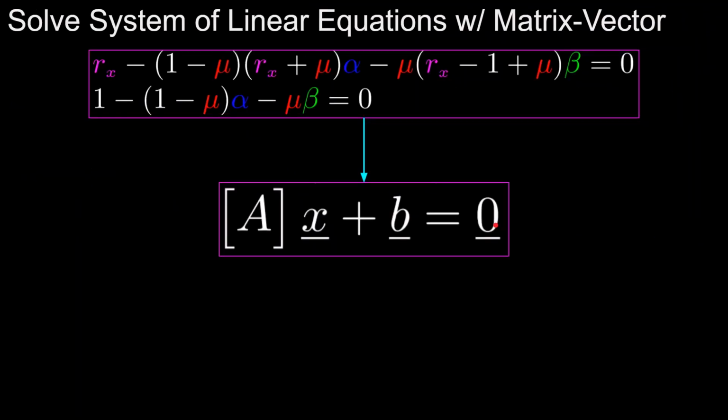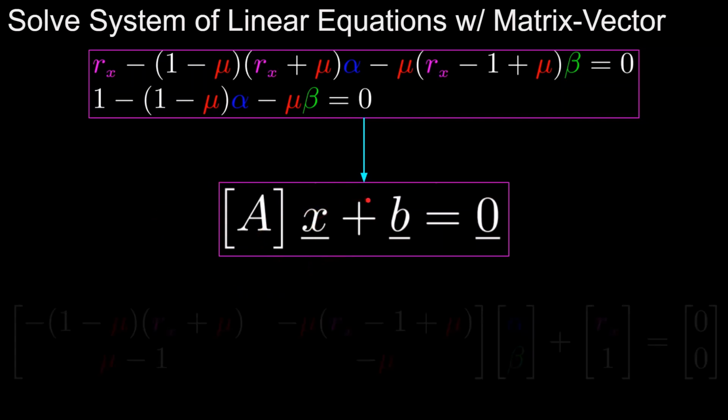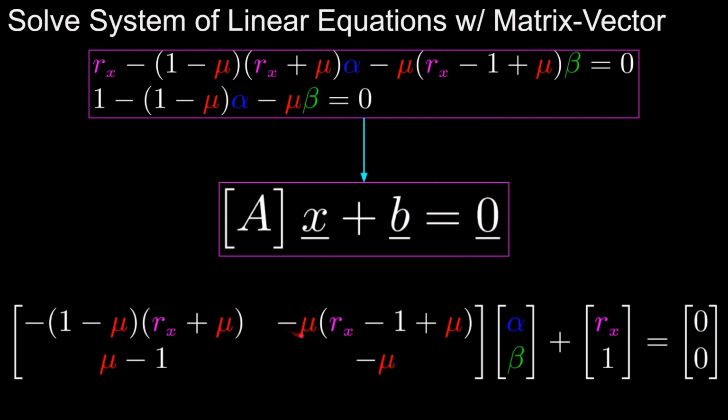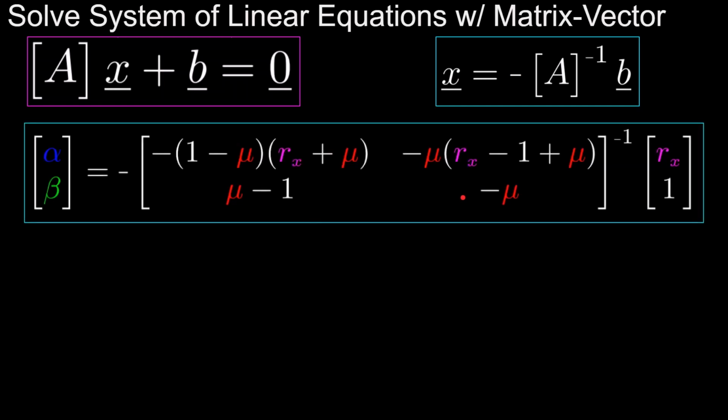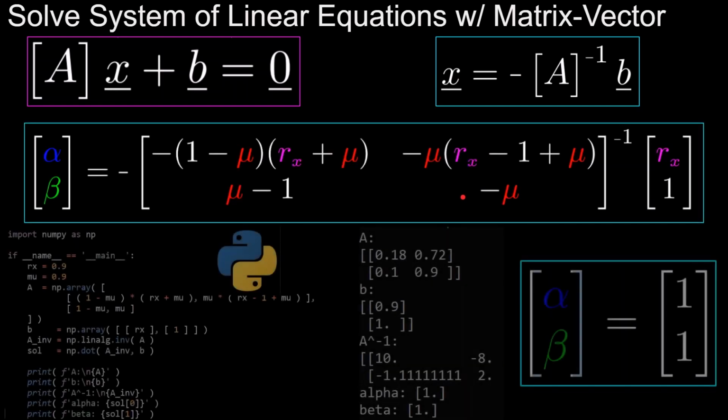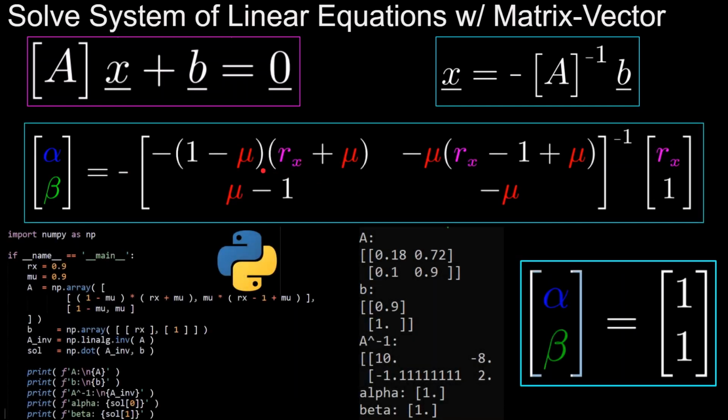We can package up our two equations to be in the form of Ax plus b equals 0 in order to solve for x, which will be alpha and beta, like so, where we have our coefficients of alpha and beta in the A matrix, the terms without alpha and beta as a b vector, and we use this matrix vector notation and solve for x, which equals negative A inverse b, from which we can plug into Python to solve, which tells us that no matter what we plug in for Rx and mu, they cancel out, and